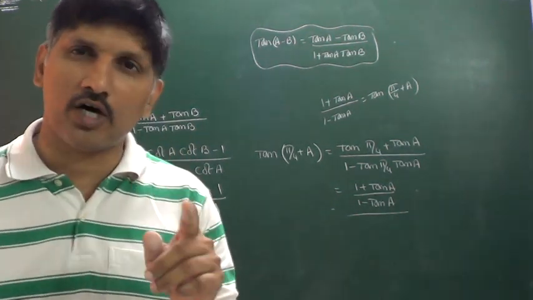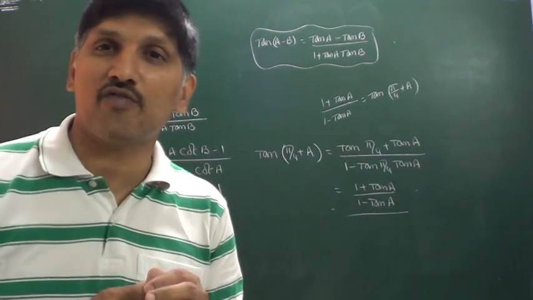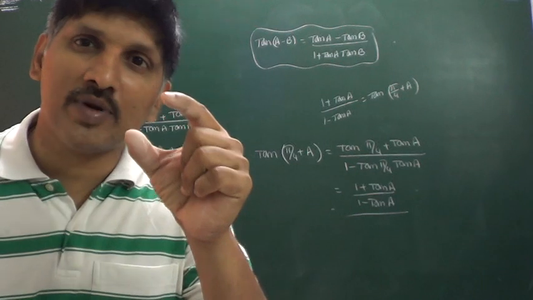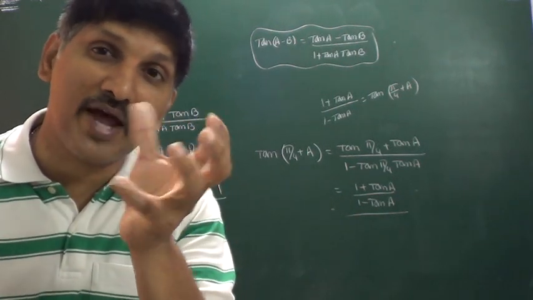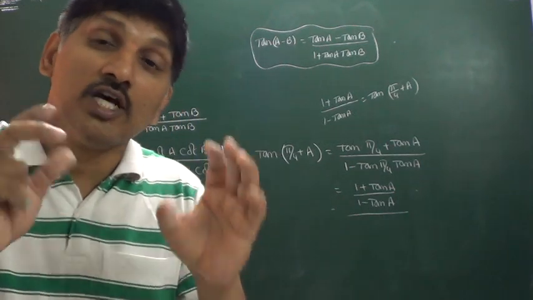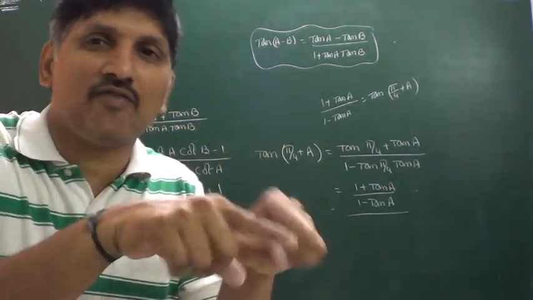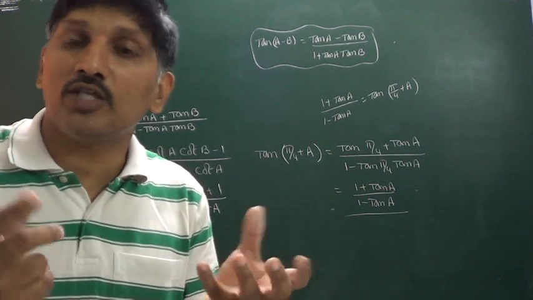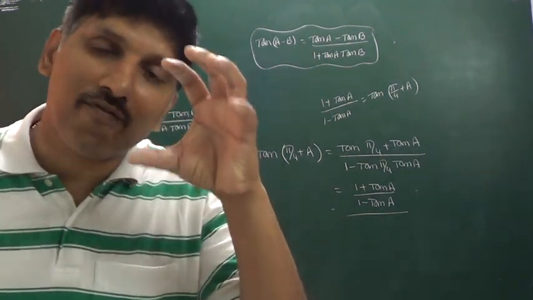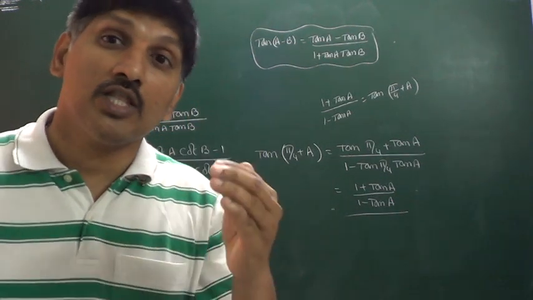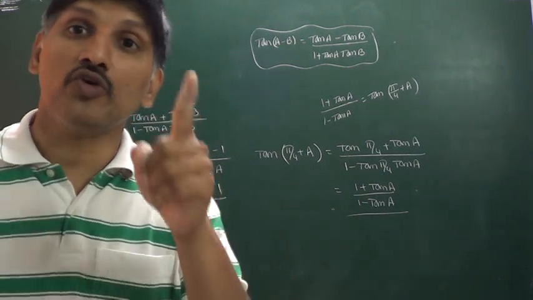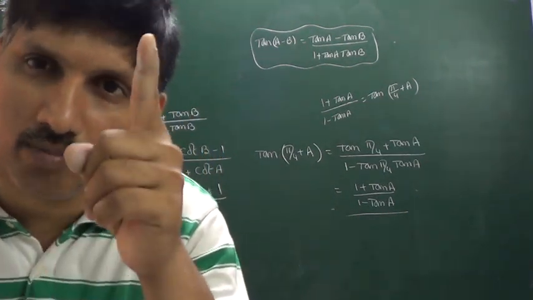You have to remember: how effectively you remember the formulas, that much effectively you can do the problems. Trigonometry completely depends on the manipulation of formulas. How effectively you know the formulas, that much effectively you can apply them. If you don't know the formulas, there is no chance of applying the concept. There is no alternative. You have to learn the formulas by heart.